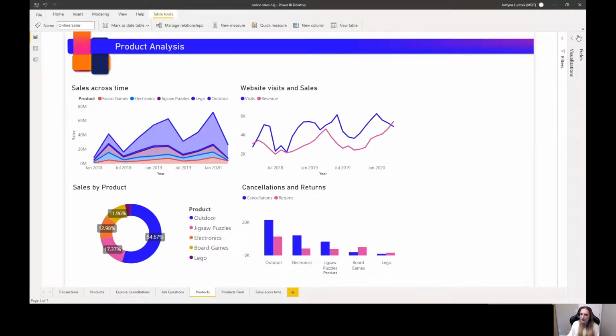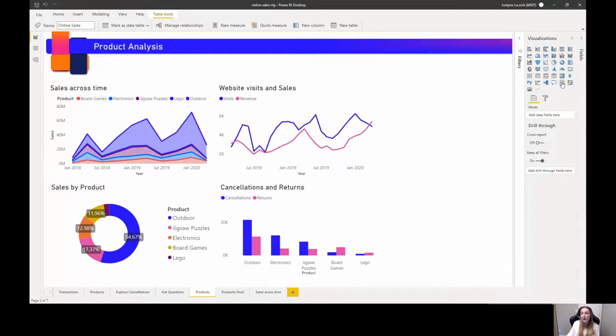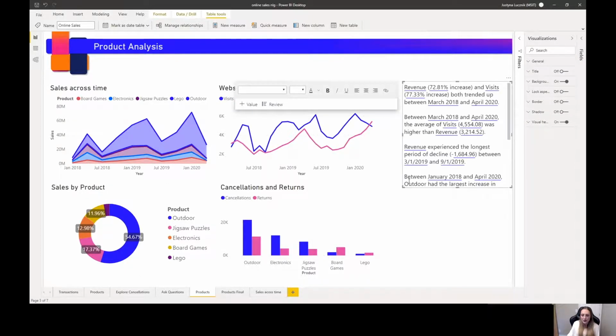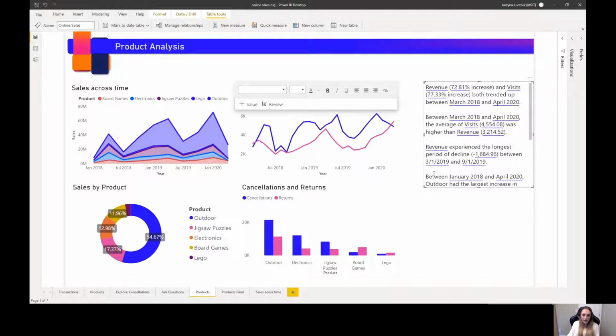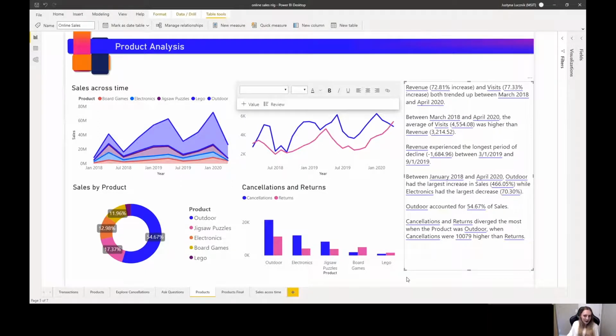So what I can do is, in this particular case, I don't necessarily want to go and summarize things visual by visual at a time. So instead, we've just gone ahead and added a whole new visual to Power BI called Smart Narratives. Now, when I drop this on the page, this is going to create me a narrative that's going to go across the entire page. It's going to look at what sorts of visuals are being plotted, what's their placement, how big are they, what's being plotted inside them. Is it time series data? Is it comparative data? Is it a bar chart? Is there a legend? How many measures are being plotted? And it's going to analyze all of those different things